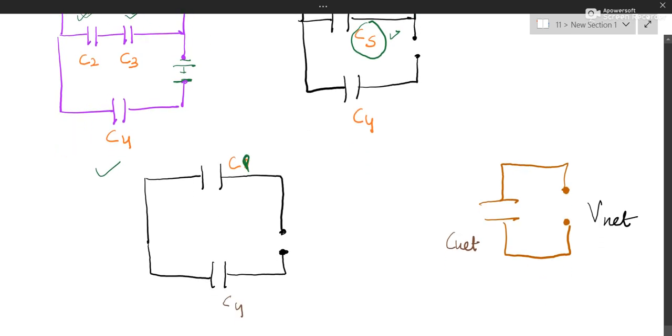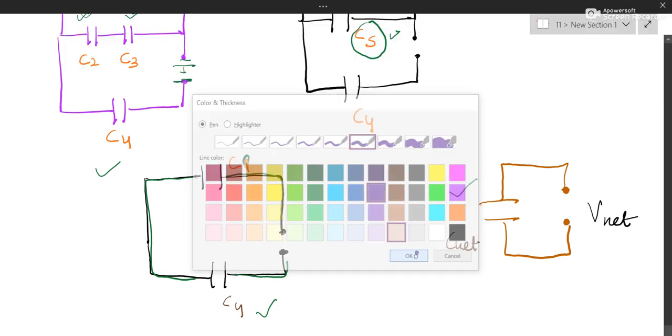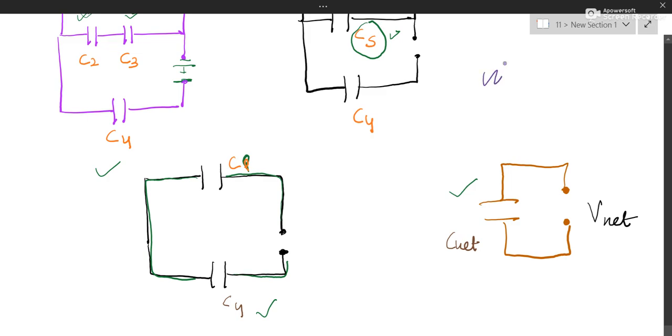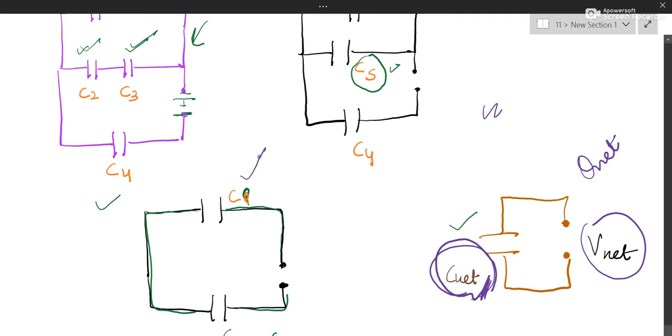And then CP and C4 are in series by a single wire. You can see again, if you feel that they are not in series, you see the single wire. Then C net came. Now you have to go back. This is how we used to do it in class 10th also, to find out individual charges and individual potentials. Okay, how to apply that back we will see. Here we have C net and V net and Q net. Now C net is the answer of CP and C4. This is how we have done in class 10.